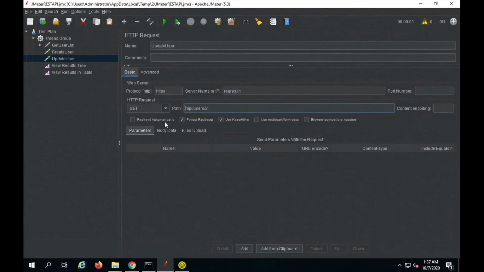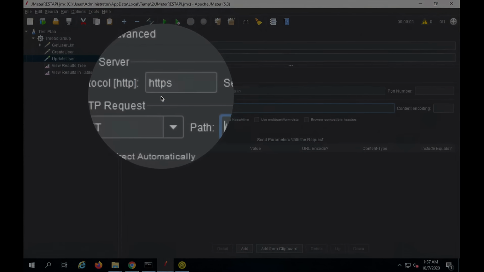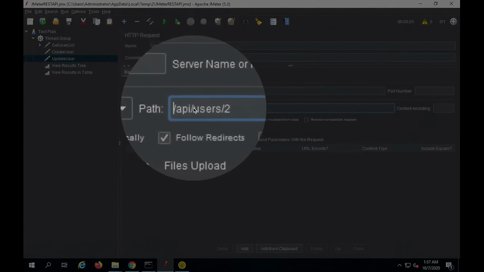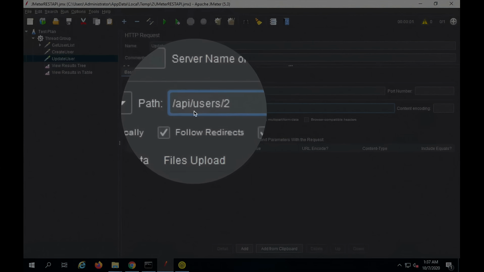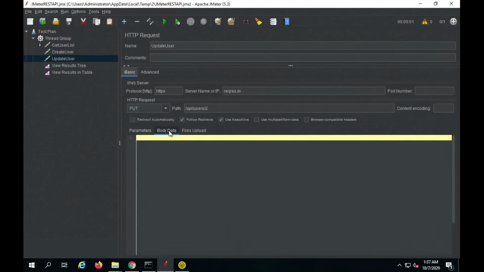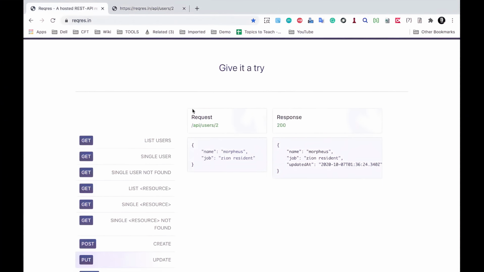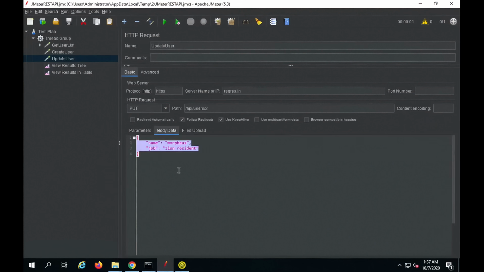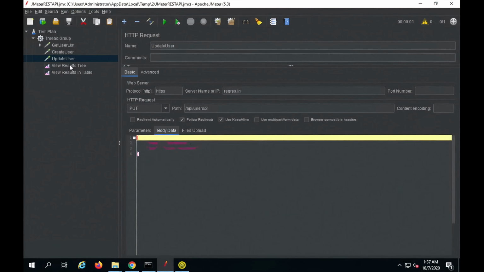Like this. So we have HTTPS in the protocol, in the server name we have reqres.in, and in the path we have /api/users/2. In the HTTP request I will change this to PUT, and then for PUT as well we need body data, so I will copy the body data or the message from here and add it here, and that's it. We do not require any authorization or any headers for this request, so I will save and go to view results tree,